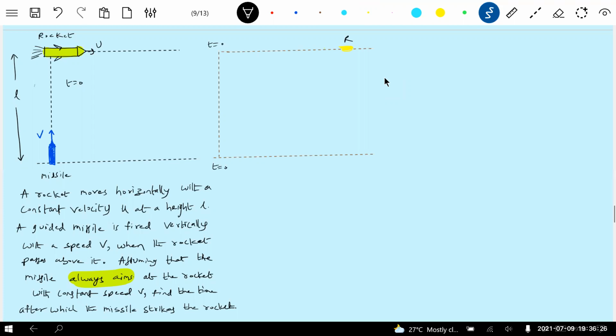The missile should aim at that one. So therefore the path of this will be in the direction, and you can just put a dot. We will use a dot. It will continue to move with its velocity. After some time, it will be here. This is at t equal to t dash, and this is also at some time t dash.